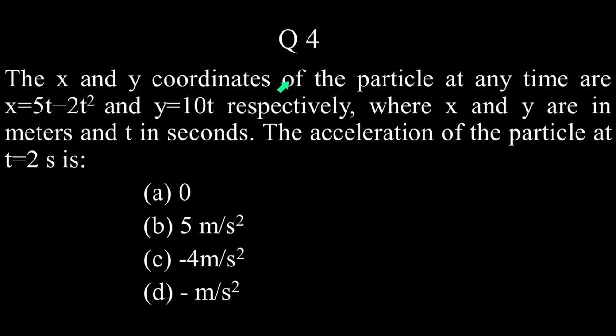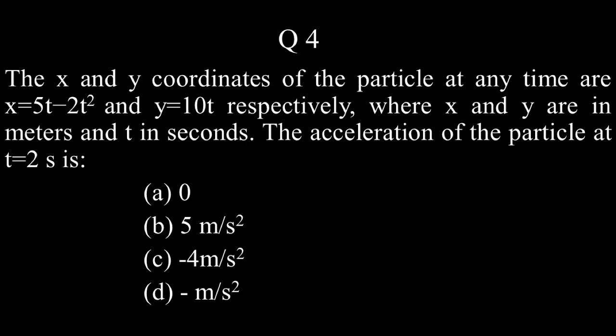The x and y coordinates of the particle at any time are given as x and y respectively, where x and y are in meters and t is in seconds. The acceleration of the particle at t equal to 2 seconds is. Okay, so this is a really good question. This requires certain understanding of